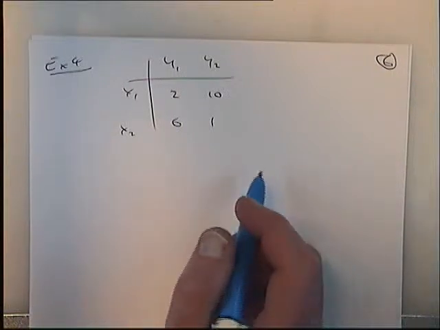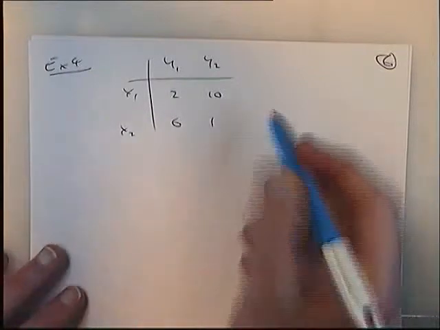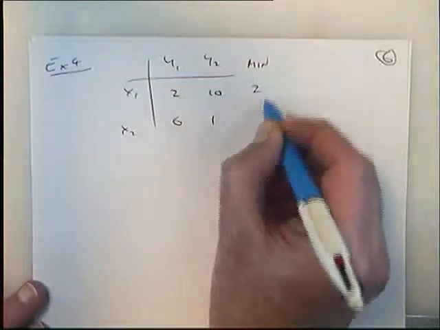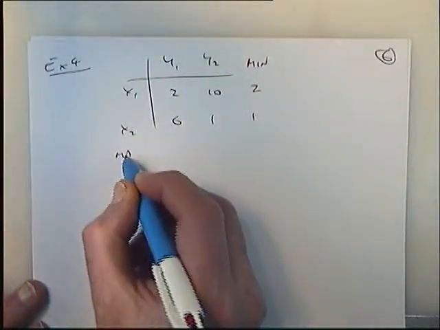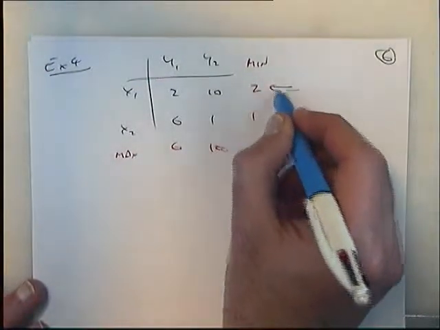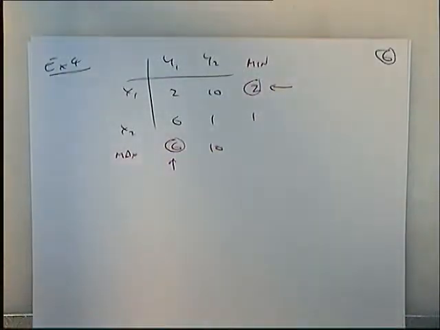Okay, just another example, just running through the same things. To find the best strategy for each player, you should get in the habit. Over here it's just doing the row minimums, which are 2 and 1. Down here it's doing the column maximums, which are 6 and 10. Find the maximum one here, the minimum one there. Those values are not the same, so it's not going to be a pure strategy game, it's going to be